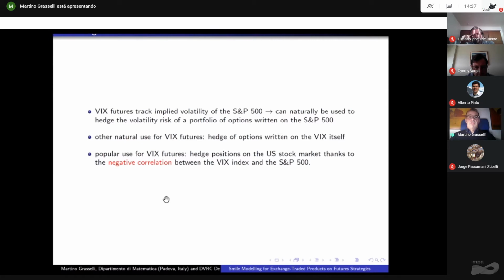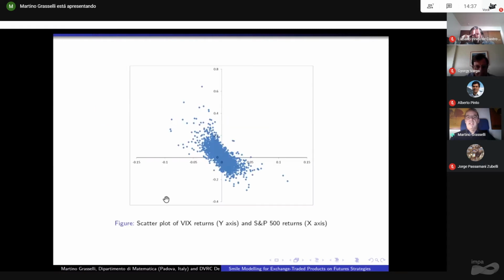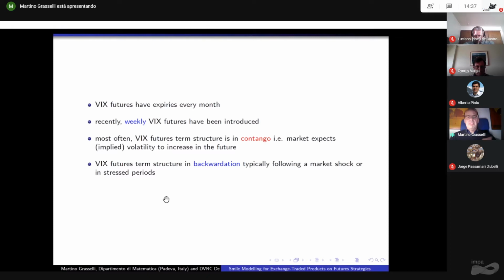Okay, so there is a natural negative correlation between the S&P and the corresponding implied volatility, which is also reflected by the behavior of the VIX. This is empirically well established, also in terms of historical series. And there is typical behavior of the futures on the VIX. In particular, you can observe during the last